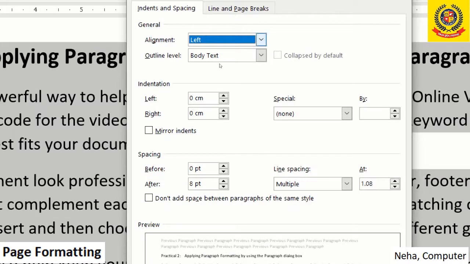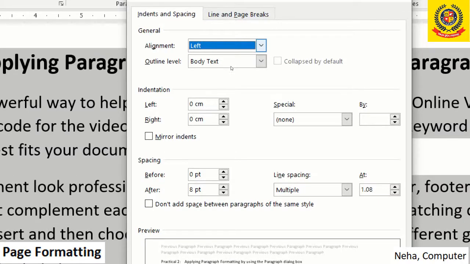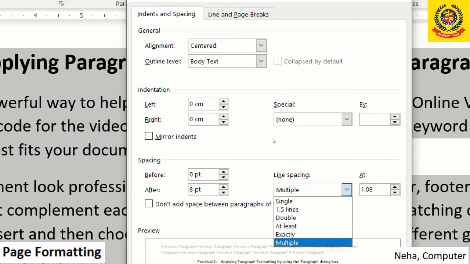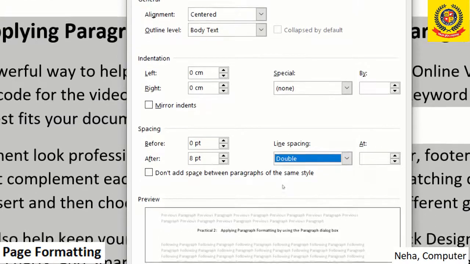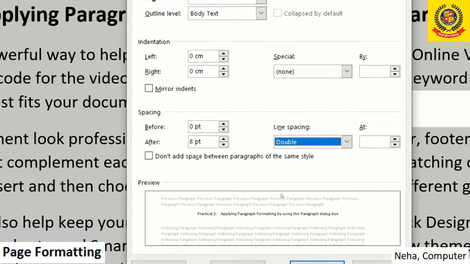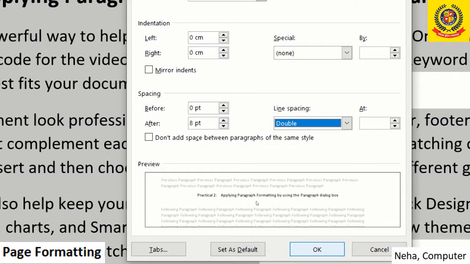Here we first have to change the alignment. Click on this drop down arrow, select centered, and then go to line spacing. Click here, click on double. Now as we have done the paragraph formatting, click OK.